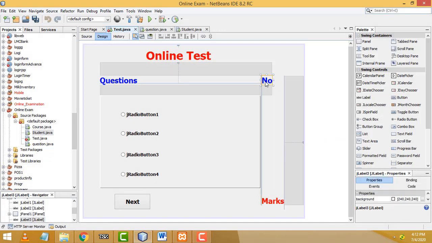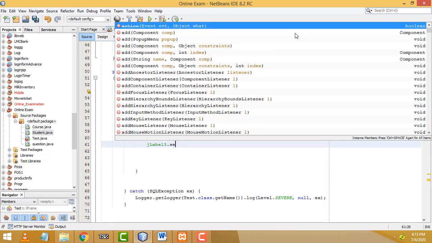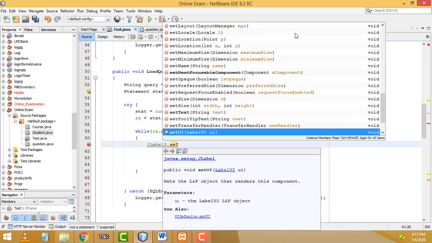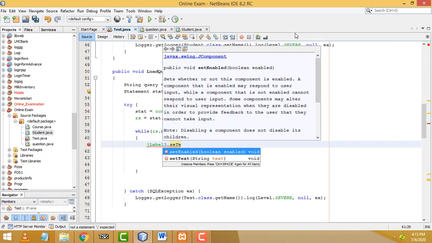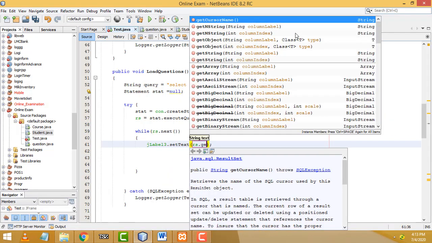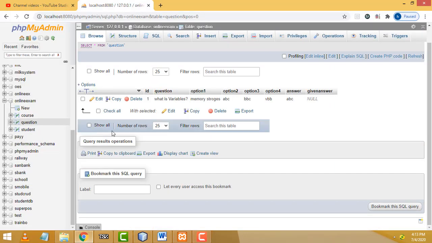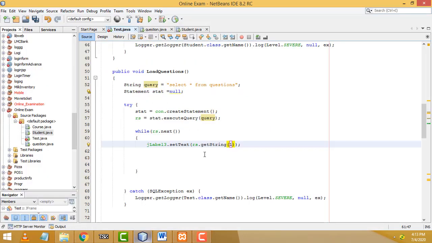This is the question id, jLabel3 dot setText. Here we have to write rs dot getString 1, meaning the column, id is 1. After that the same thing, Control C to copy, Control V to paste here.